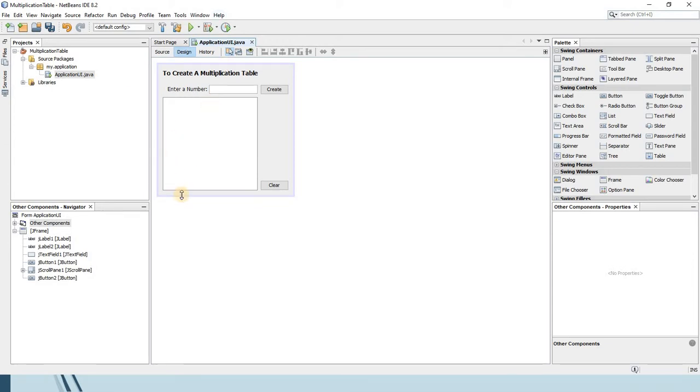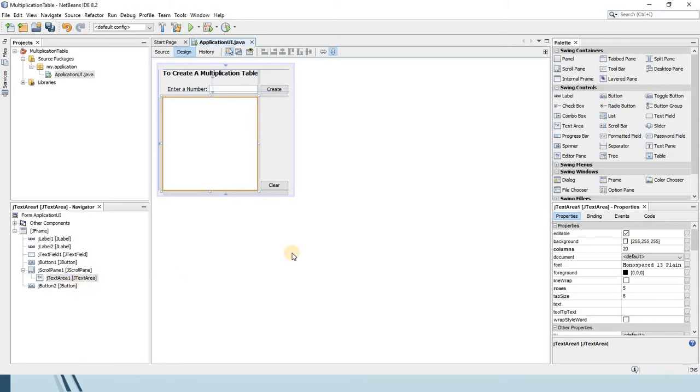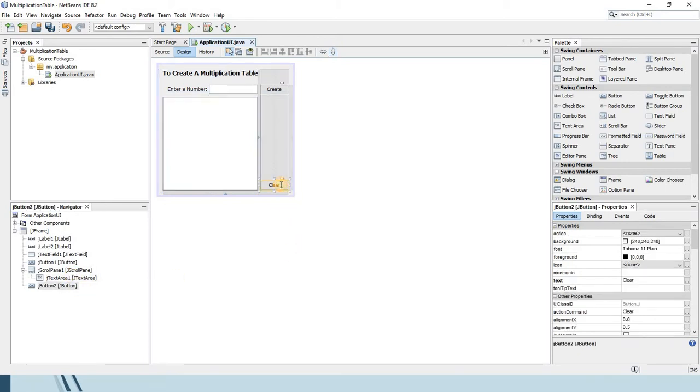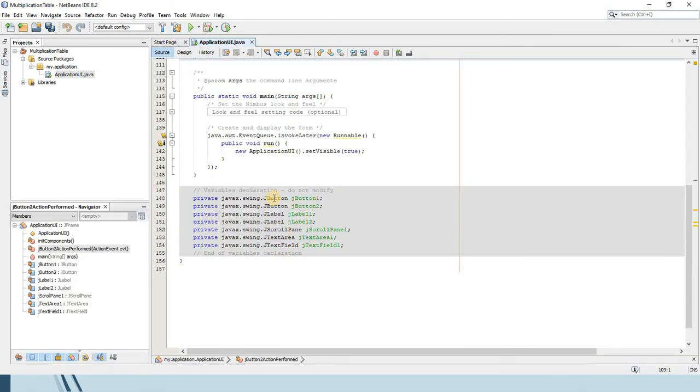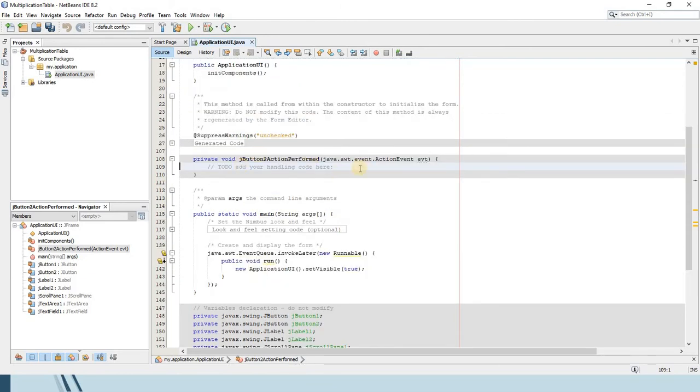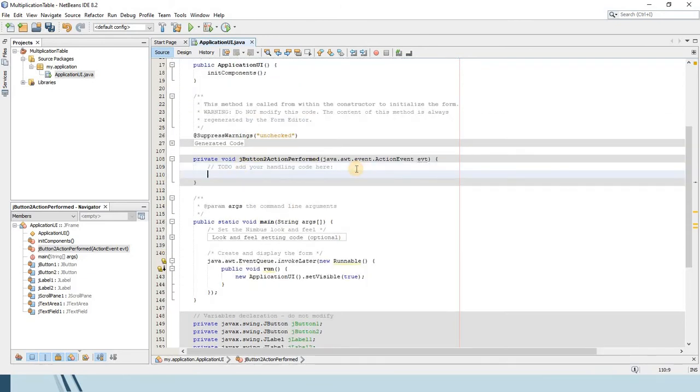Now what we are going to do is, okay, what is this? Text area 1. So let's first go to the clear one. Okay, this is button 2 action performed. So now button 2, what it will do, it will, okay, so J